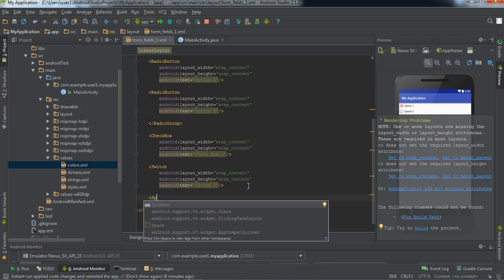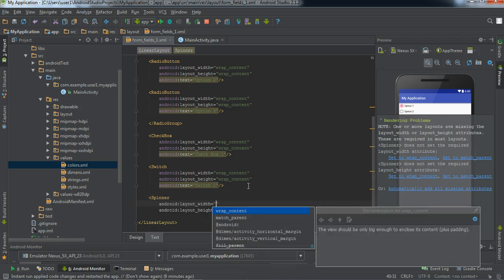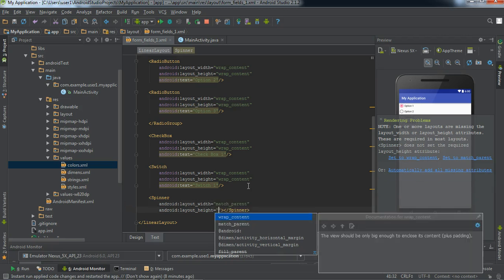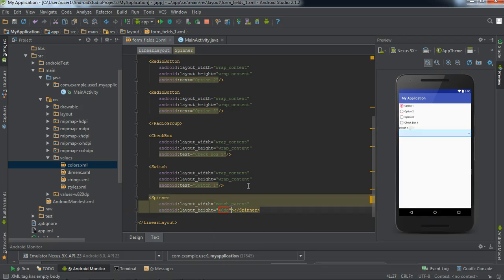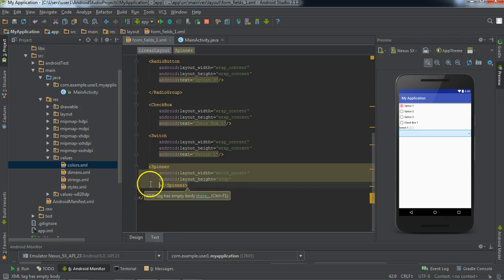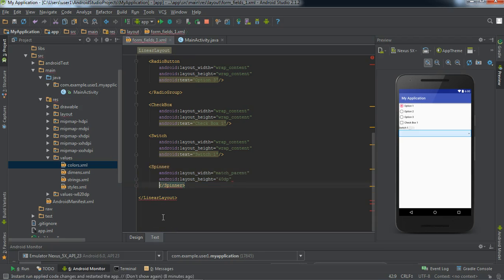The element name used here is spinner, and the width can be kept as match parent, and the height can be kept as 40 dp, and then we need to define